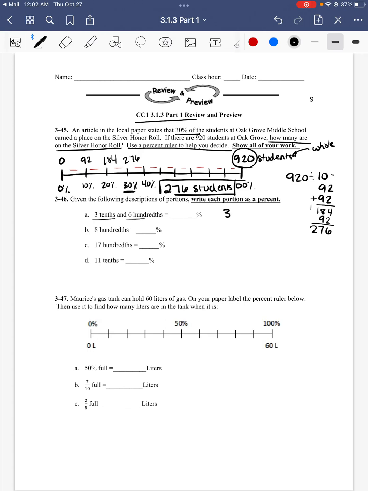If I have 3/10 and 6/100, and I write that down, 3/10 and 6/100 is 36/100, which is 36%. 8/100 equals 8 over 100, which is 8%. 17/100 is 17%, and